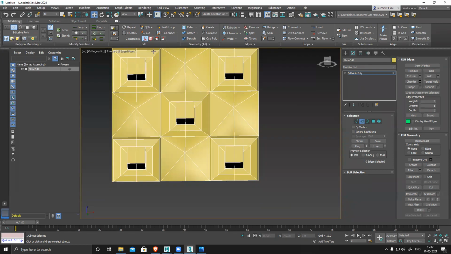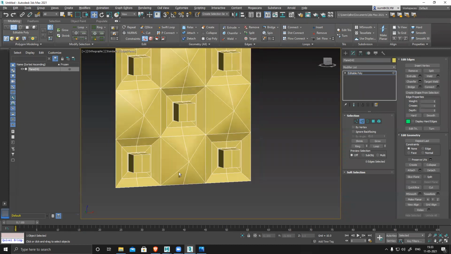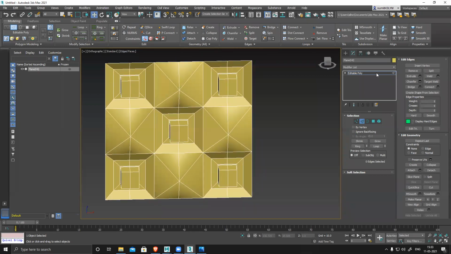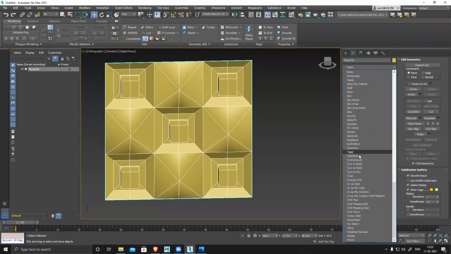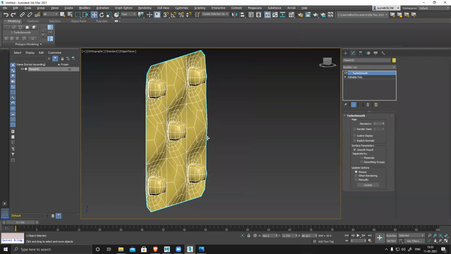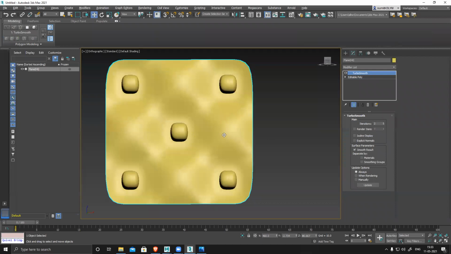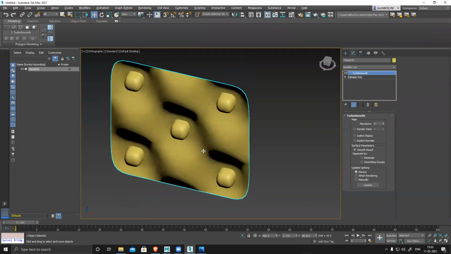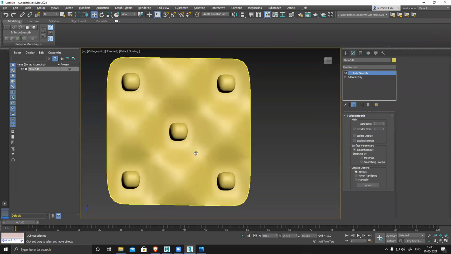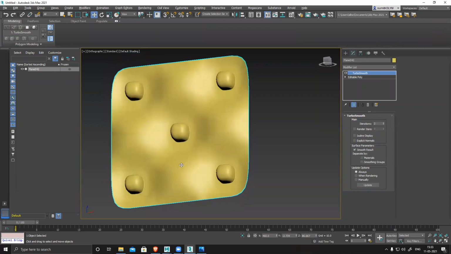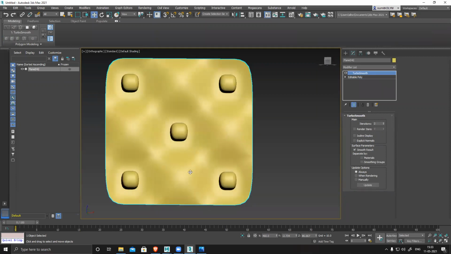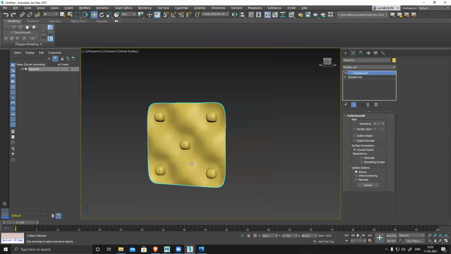Delete this one. Let's see. I believe if I delete this one, it will be less rounded. Let's apply a turbo. Yeah, this is much better. Previously, it was creating that round circular shape. So that shading you have to check and make sure it's working properly.